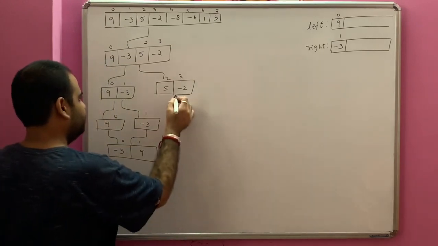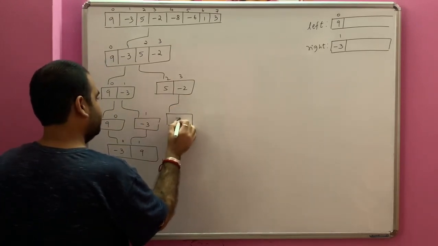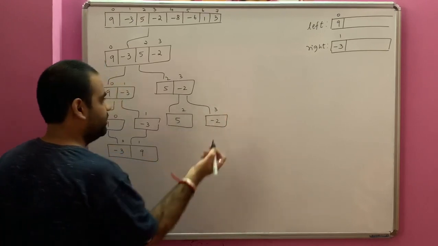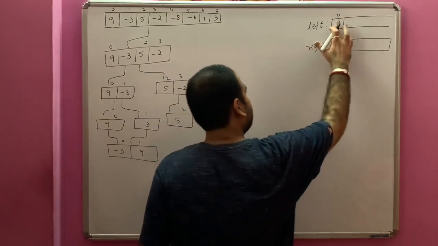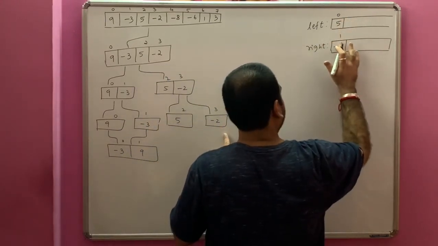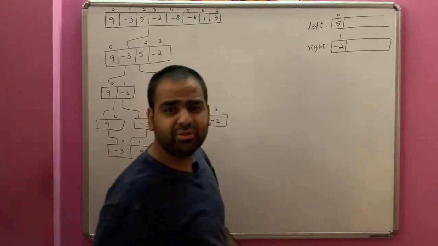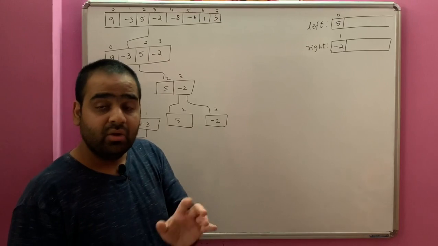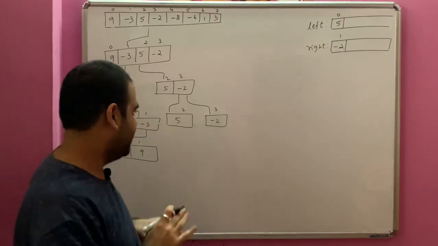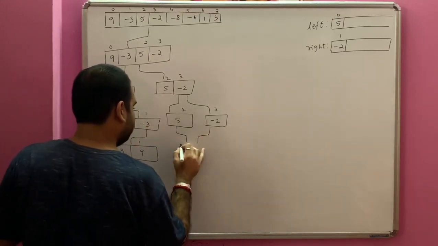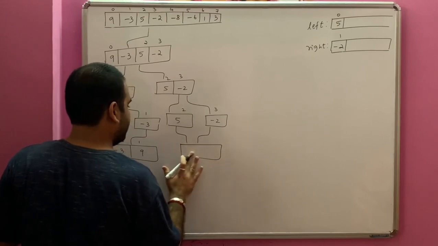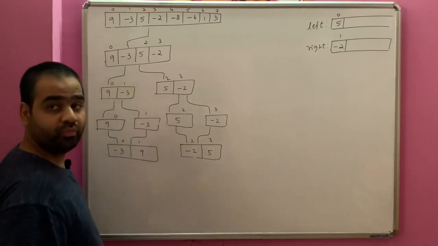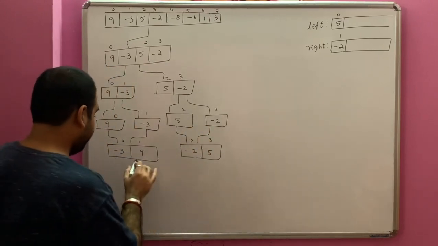This becomes index 0 and 1. Is that okay? Now again, see here, this is 5, this is minus 2, at index 2 and index 3. Now what is on the left subarray? It is 5. And what is on the right subarray? It is minus 2. Since they are of different sign, changing the relative order does not impact. It impacts when they are of the same sign. Now if I merge them, it becomes minus 2 and 5. This is index 2, index 3. Now these two are sorted subarrays, and again I have to merge them.